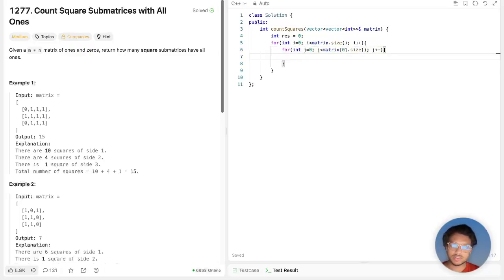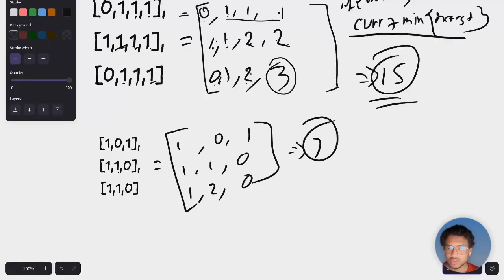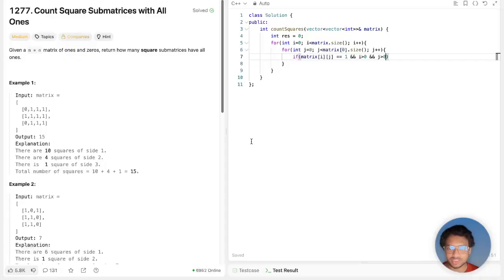And then what I'll say, if matrix ij is equal to 1, and i and j are greater than 0. Why am I writing i and j greater than 0? Because I don't want to update the corner ones, right? So that's it. If it is, all we have to do,